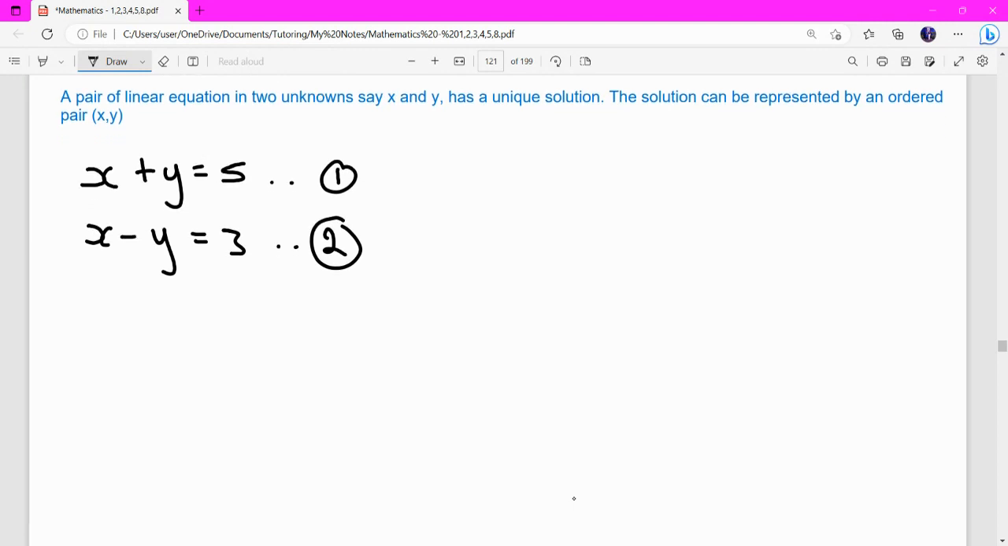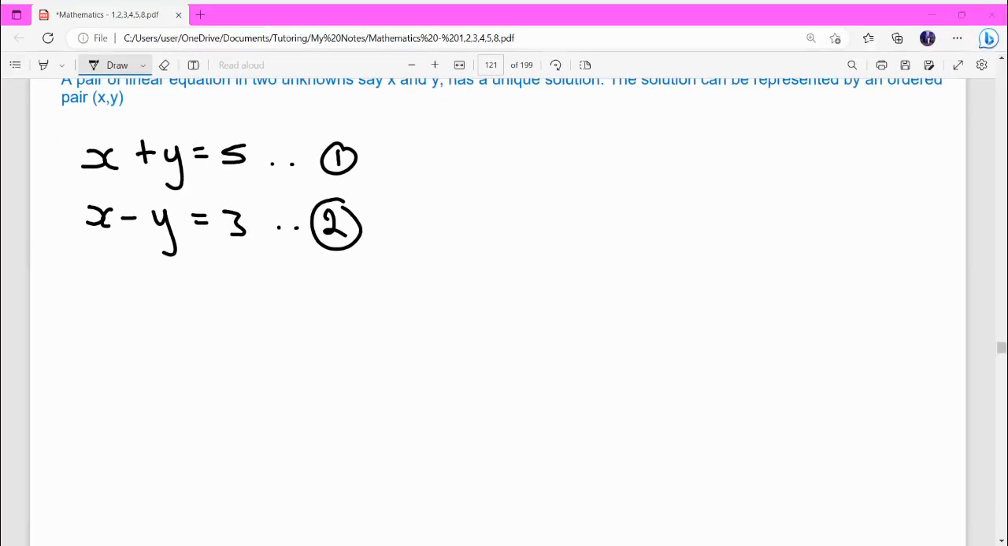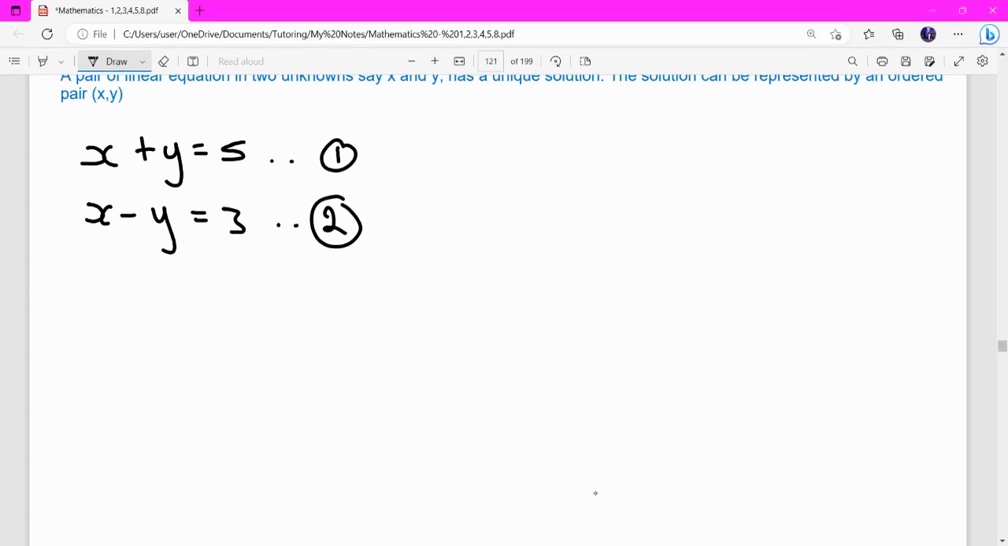right? So let's do the elimination method first. In the elimination method, we examine both equations and see if it is possible to eliminate a variable by either adding or subtracting like terms. So what that means is that we look at the two equations and see, can we add these two equations and get rid of the y, or can we add it and get rid of the x, or subtract it and get rid of the x, or subtract and get rid of the y? Either one, right? In this case, we will add the two equations,